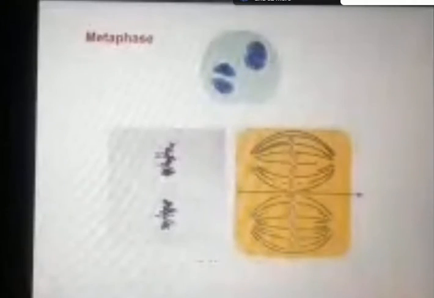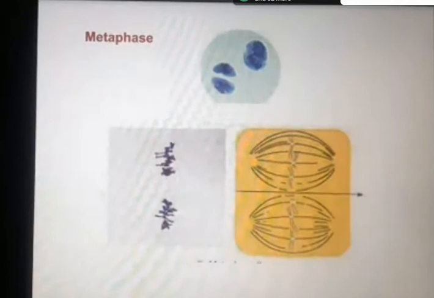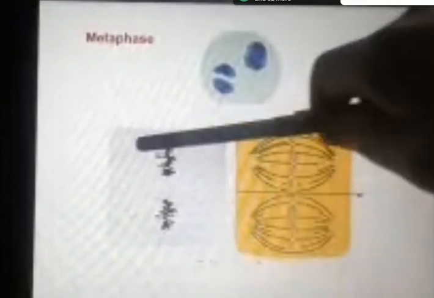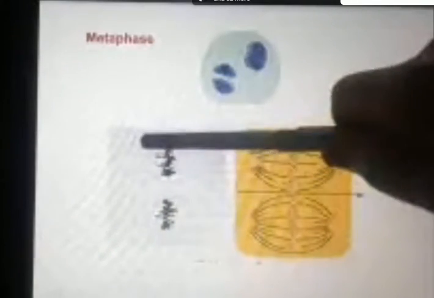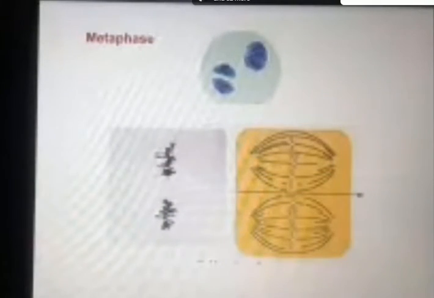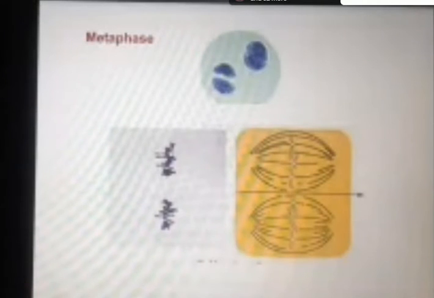How they look at the metaphase stage: you can see that in this case, two different stages were present. This is the one cell and this is the another cell. They were placed